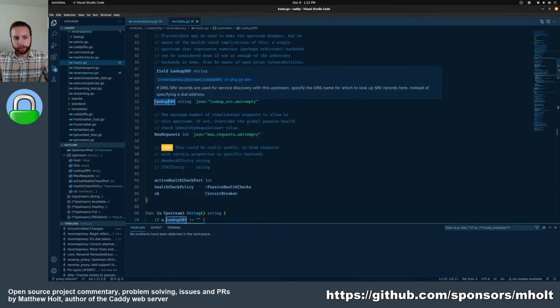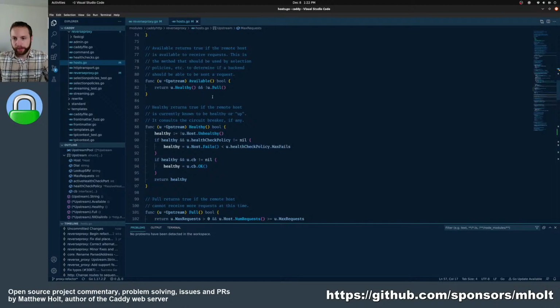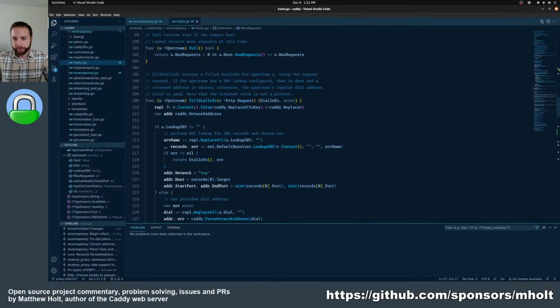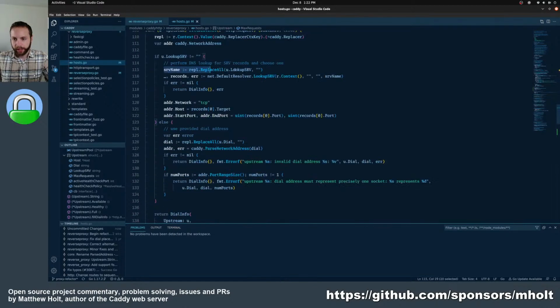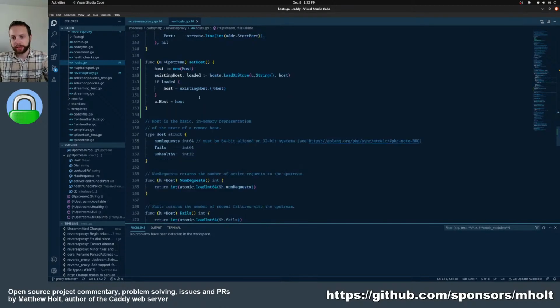It doesn't really work well with load balancing and health checks. And then there's just some state that we keep track of. This is our current SRV support. It just uses the first record and acts as one upstream instead of multiple. But our module is going to